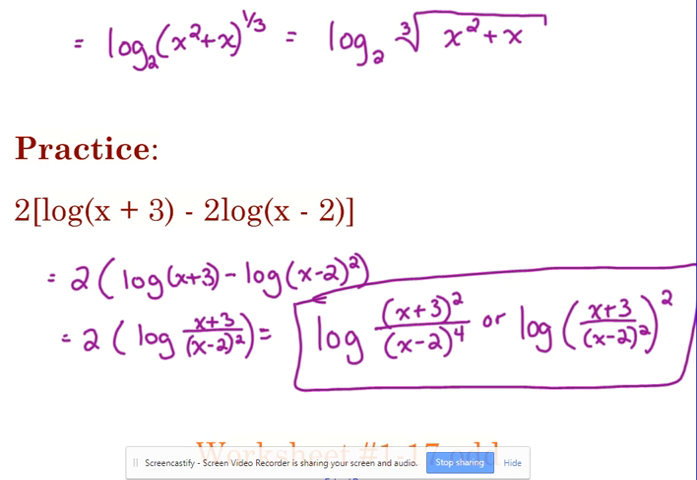Okay, again, they're equivalent, so you just kind of got to look at your answer choices. All right. So practice the condensing problems on your